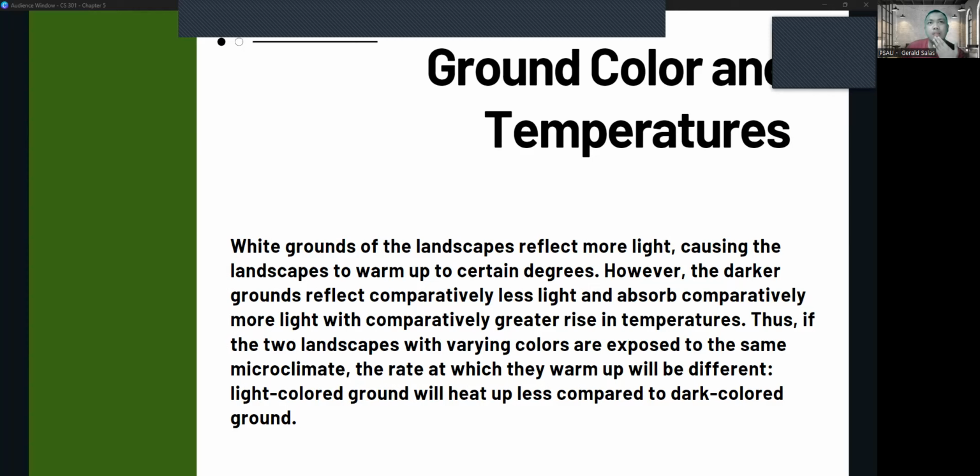That's why when we talk about buildings, they really do not recommend yung paglalagay ng paint that has a darker color because it causes more heat doon sa building na yun. So same is true with the ground, those that have a lighter color ground will heat up less as compared doon sa dark colored ground. So we can have an example pagdating sa mga beaches also.